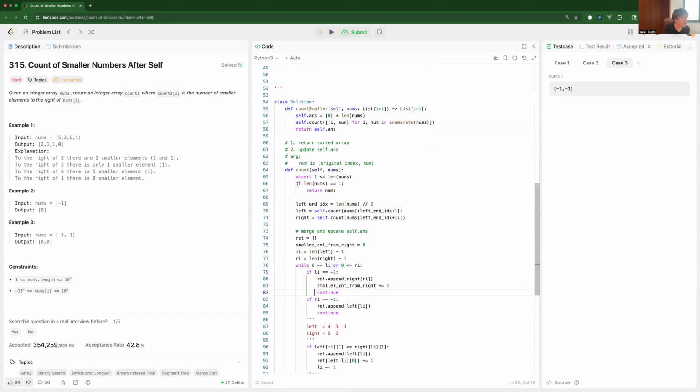So in line 66, I worked on the base case where there's only one element in the array. In that case, I just have to return the array as it is. And from line 69, I will do the typical merge sorted list. So left index, yeah, this is the end of left half. And then,